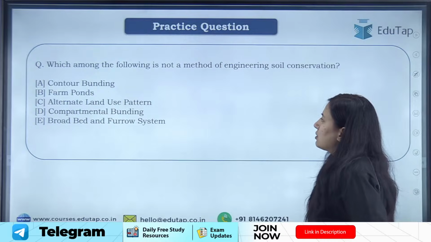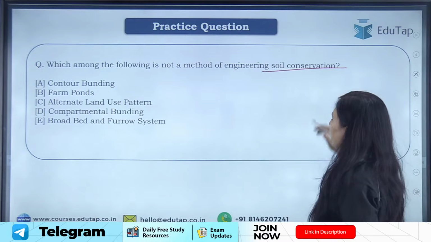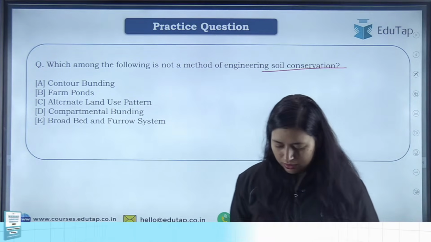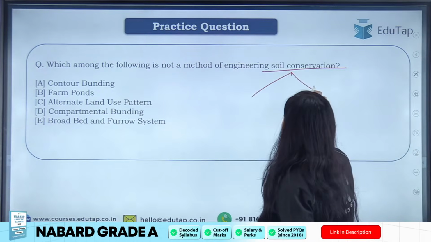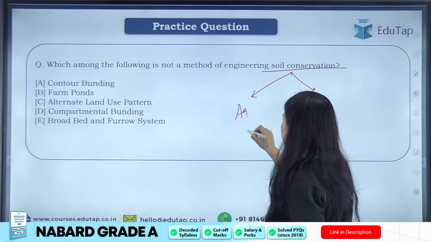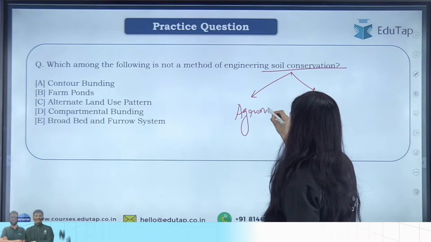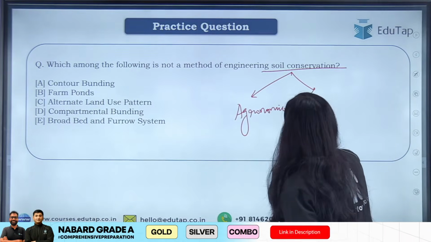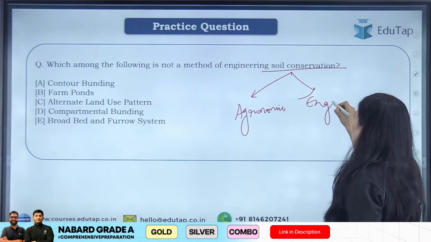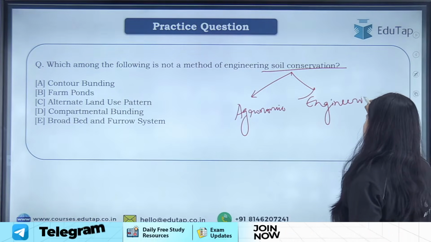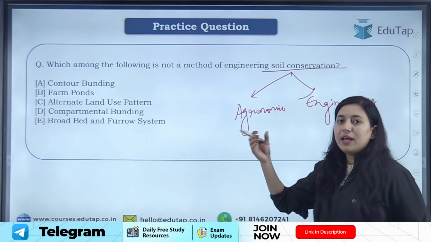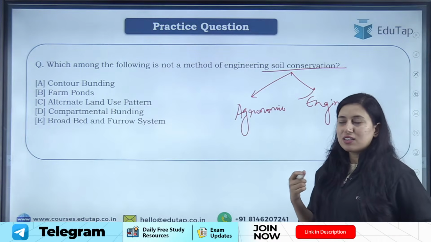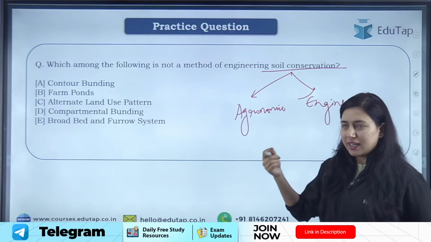चलो, next question is, which among the following is not a method of engineering soil conservation method? ठीक है, so when we talk about soil conservation method, we have some agronomic measures, and then we have some engineering measures, ठीक है। Now एग्रोनॉमिक मेजर्स मीन्स कि हम एग्रोनॉमिक कल्टीवेशन प्रैक्टिसेस को ही कुछ अलग तरीके से करें कि हमारा